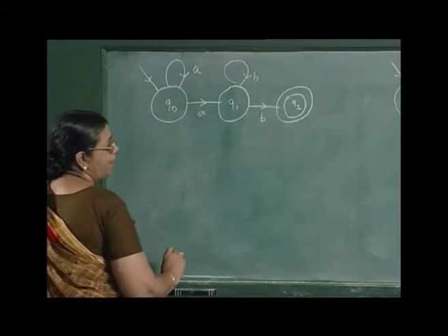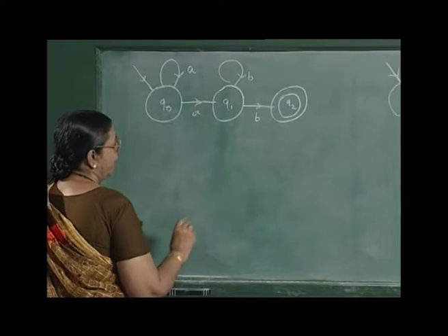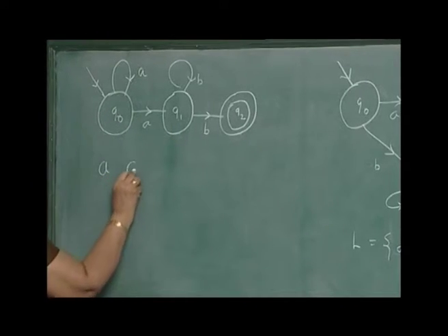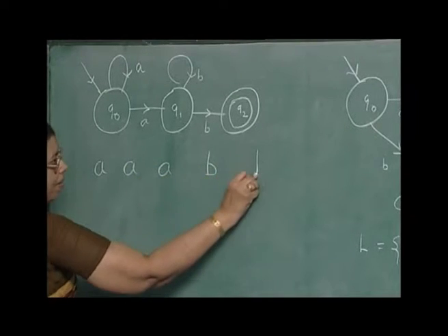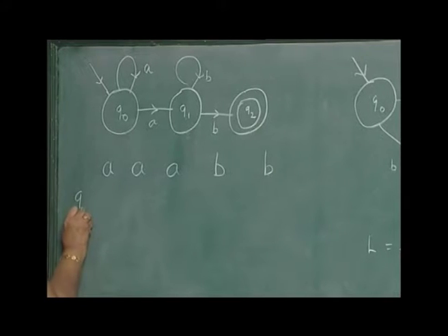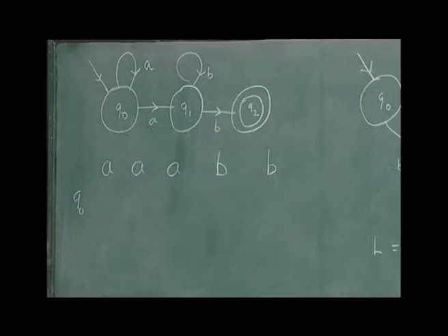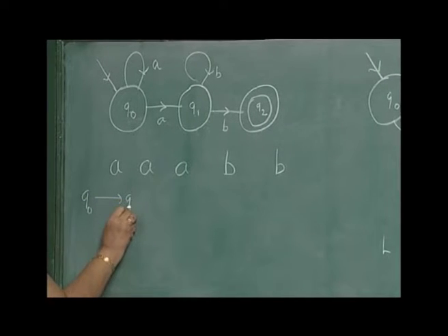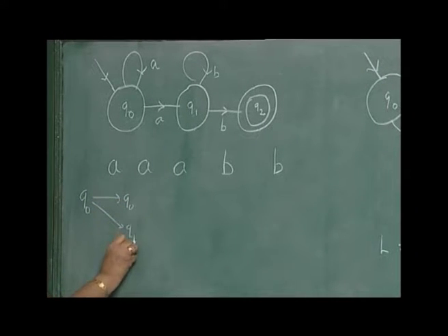Now, look at this diagram. Let us see how a string of A's and B's will be accepted. Take this string A, A, A, B, B. Start from Q naught, that is the initial state. After reading A, you have two choices. Either you can go to Q naught or you can go to Q1. You can mark it like this. Now, if you go to Q naught, again after reading A, there are two possible choices. Either you can go to Q naught or to Q1. But if you are in Q1, you cannot read A, there is no transition mapping there for that. So, you cannot proceed here.